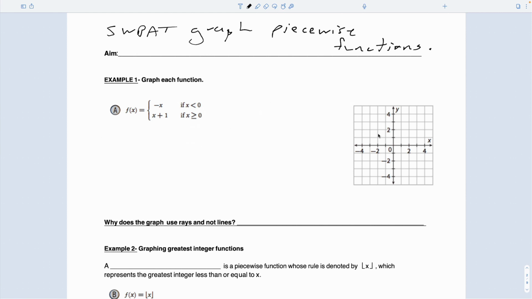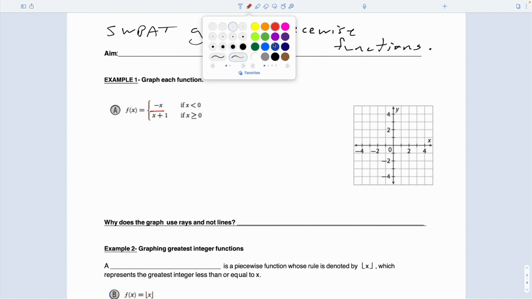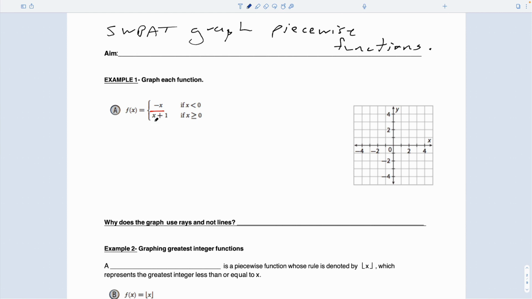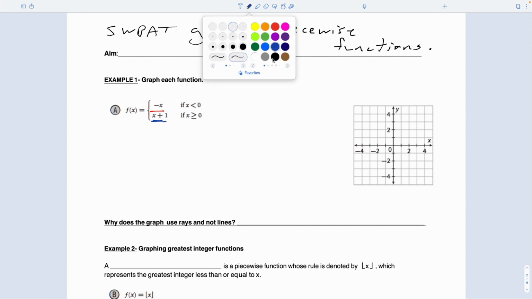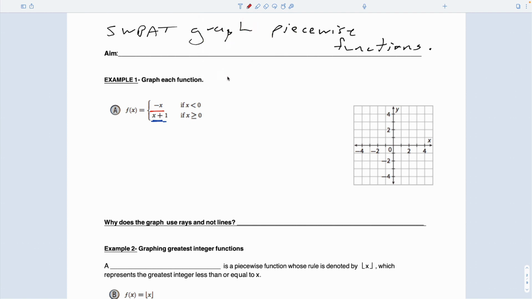Okay. Look at this function. This guy is a regular piecewise function. There are two different parts to piecewise functions we looked at yesterday. There's this key thing over here, and then there's the actual graph that we're going to use over here. The first part of the piecewise function is negative x. In your mind, you're thinking of y equals mx plus b. And if I set that up in slope-intercept form,